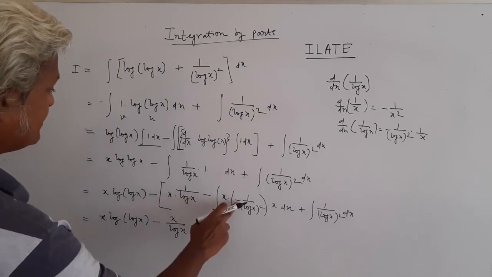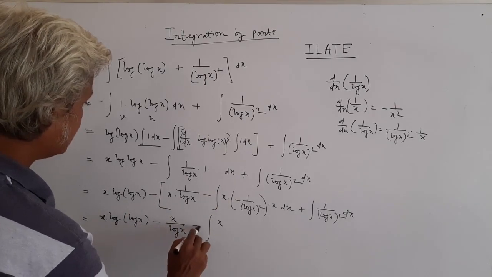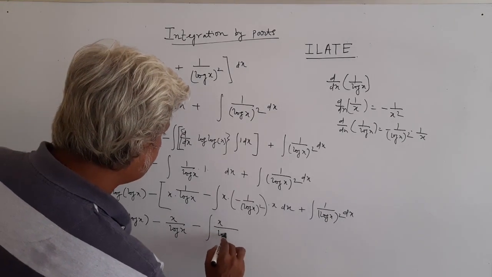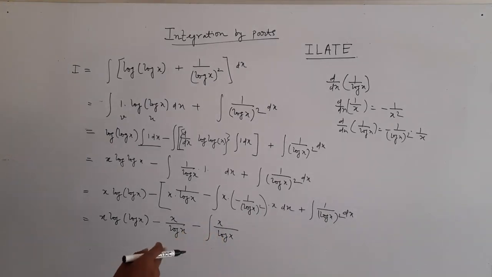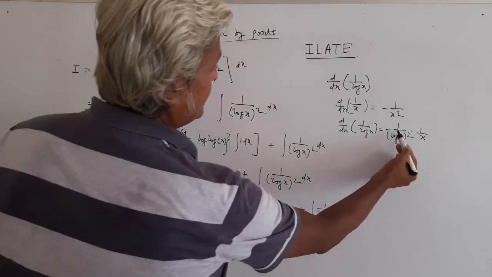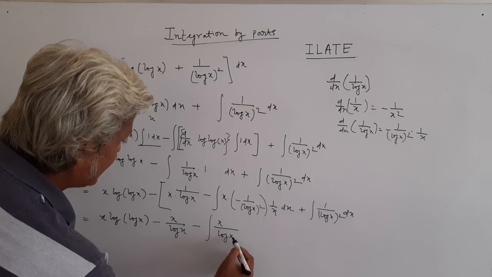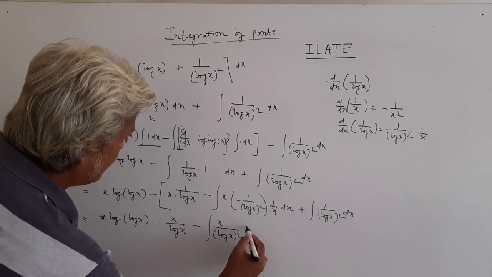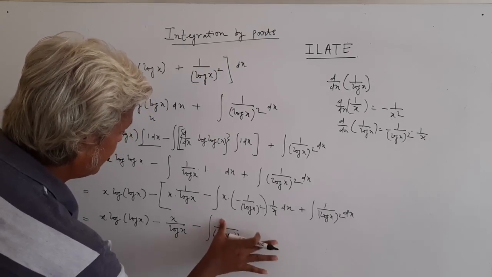So this minus and minus becomes plus, and this minus again makes it minus. So this is minus x over, sorry, here I made a mistake. This is 1 by x I need here, because this is 1 by x. Okay, so x over log x whole square into 1 over x. So this 1 by x and 1 by x will cancel, so you get only 1,